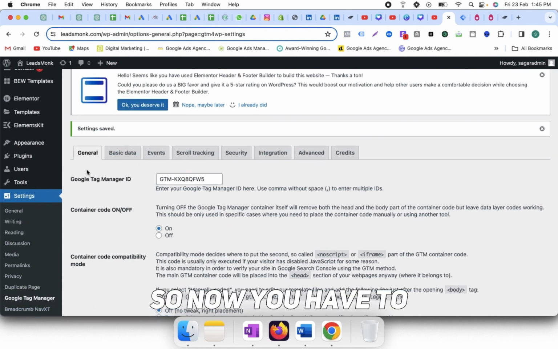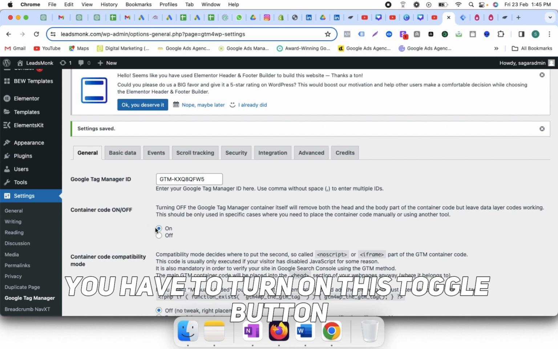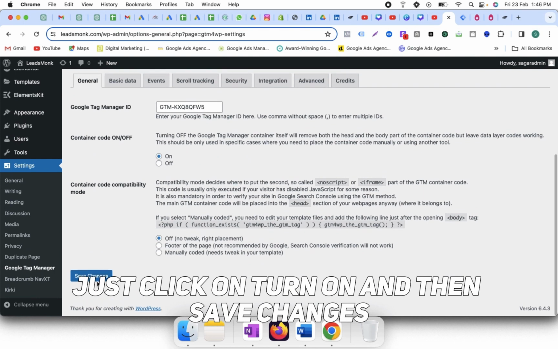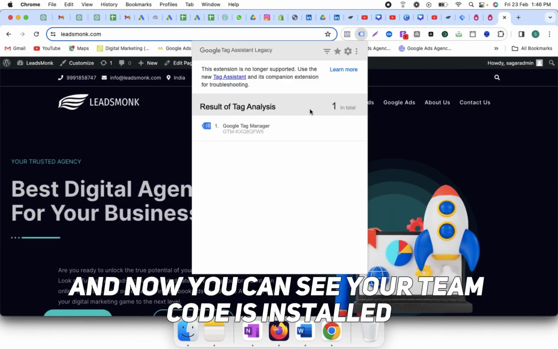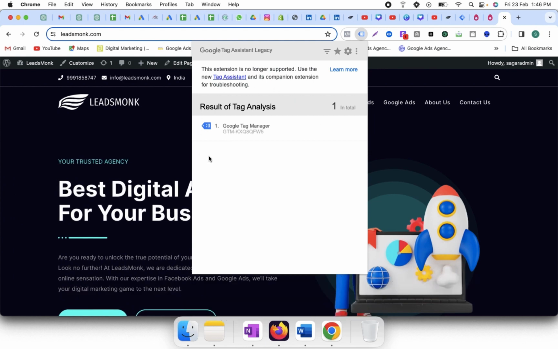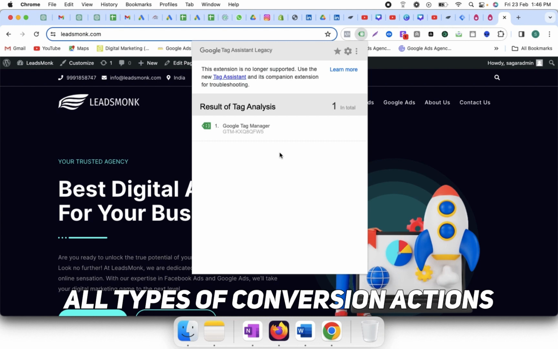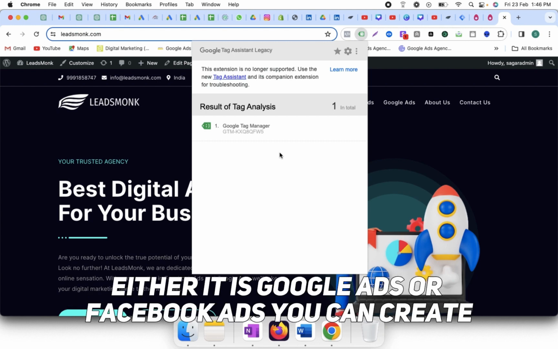So now you have to turn on this toggle button. Just click on turn on and then save changes. And now you can see GTM code is installed. So further, you can create all types of conversion actions, either it is Google ads or Facebook ads you can